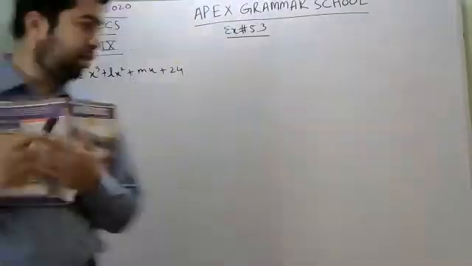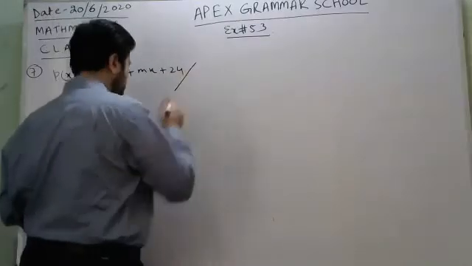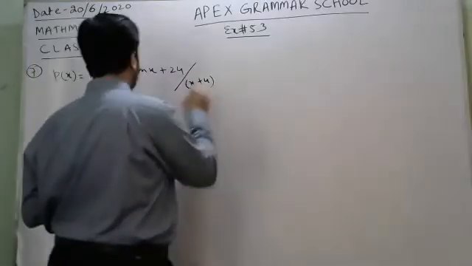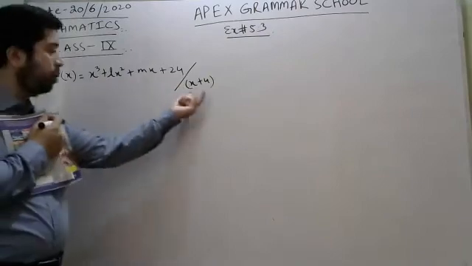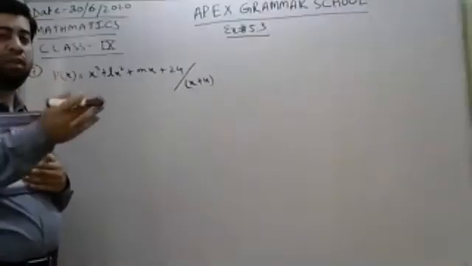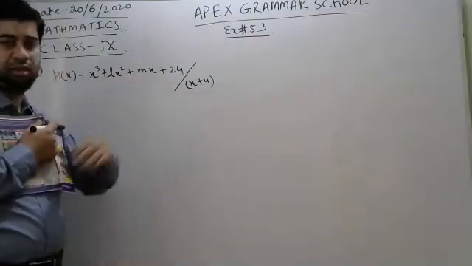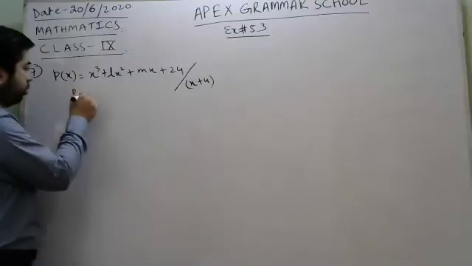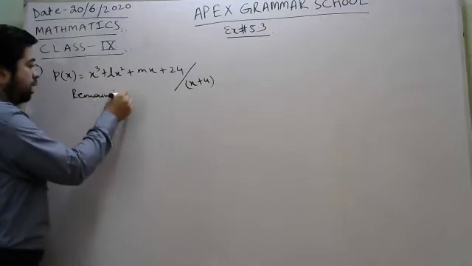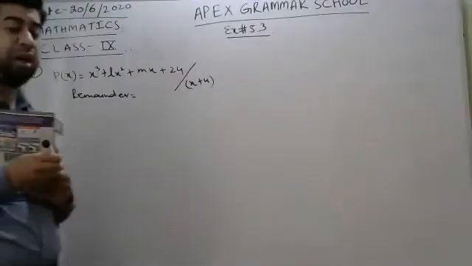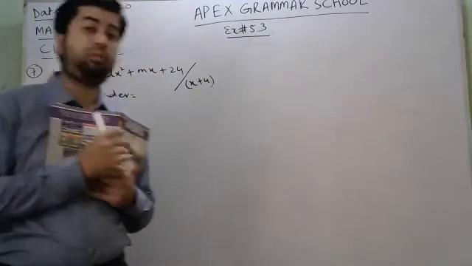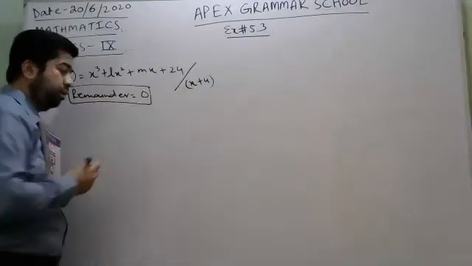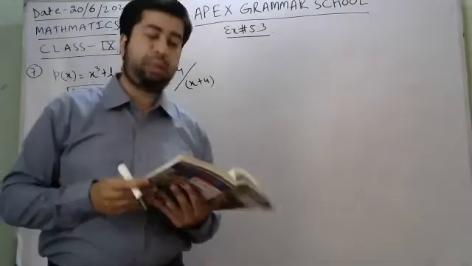As a factor, it is going to divide by x plus 4. X plus 4 is a factor of this one, which means it is totally divisible by this linear expression, so its remainder is 0. He is not telling us that its remainder is 0, but we have already concluded that from this situation, because it is a factor. Factor means totally divisible.